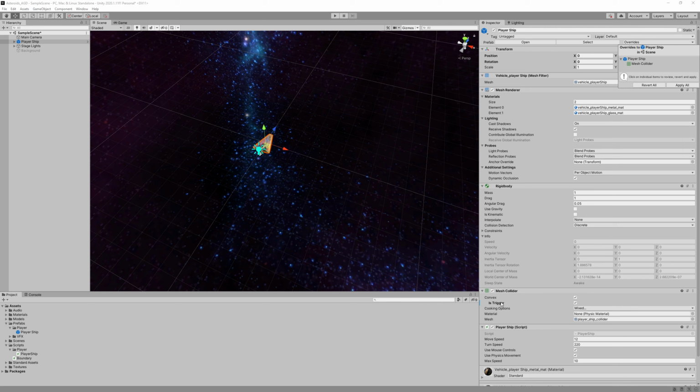And you can see that this is bolded to indicate this is a change from the original prefab. So I'm going to click apply all, and you can see that that is no longer bolded because that is now the default behavior of the player ship prefab. And so that kind of gets us an idea of how this is going to work. We're going to add more to the player ship over time, and we'll be updating the prefab like that as we do. But let's begin with making the